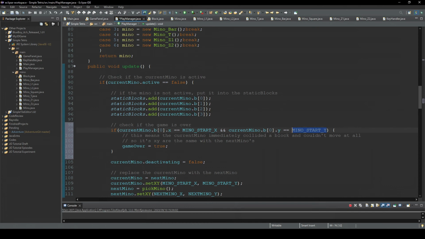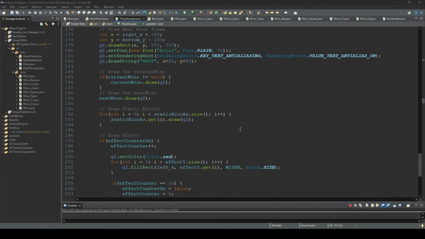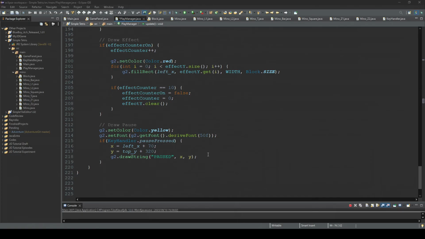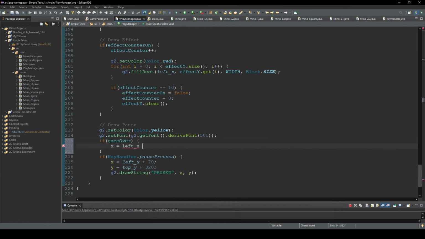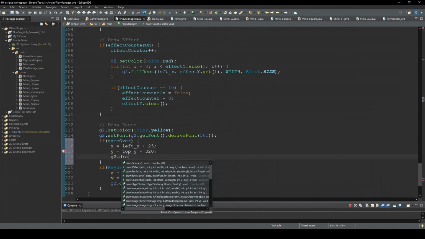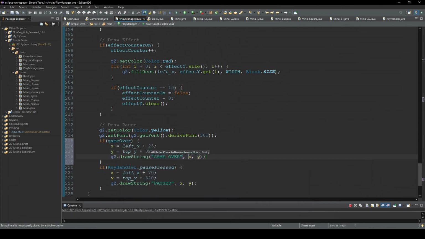If so, it means we have no space left to move the minnow, so the game is over. And so let's draw the game over text. I think we want to display it at the center of the play area. So, else if,